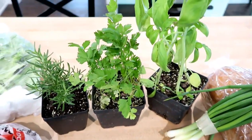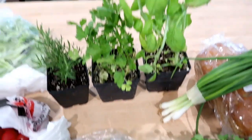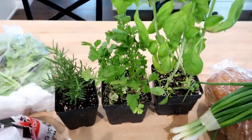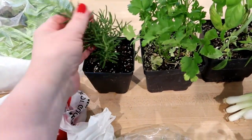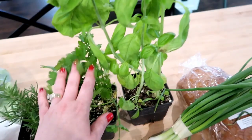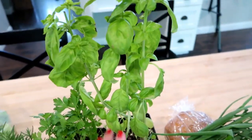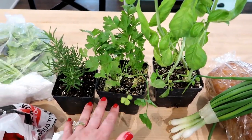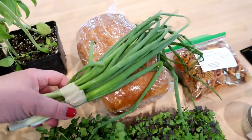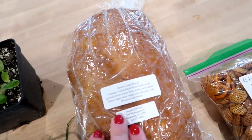And then I have kind of an herb pot garden on my back deck. I always like to do that in the summer. That way we have fresh herbs for cooking and salads. I hadn't gotten any rosemary yet, so I picked up one of those. I got some parsley, and then I have some basil out there already, but this one just looked really good and I couldn't pass it up. So I'll have to take these and go ahead and pot them out back. I got some spring onions, and then this lady was selling